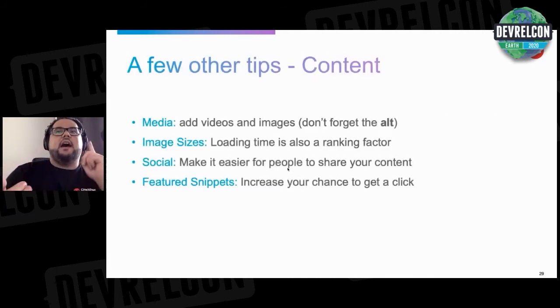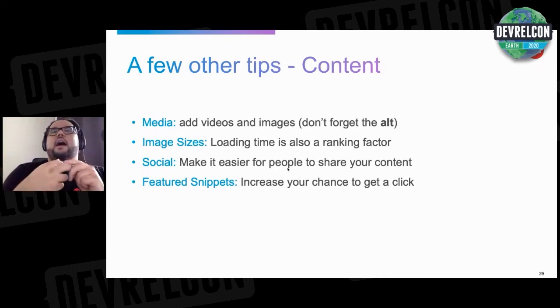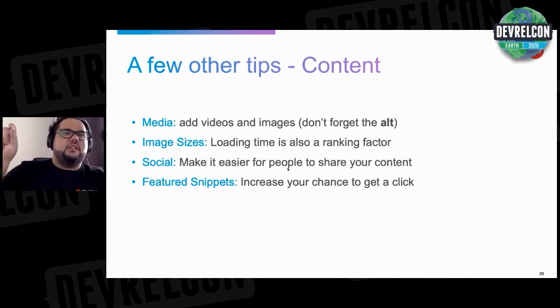In the content, make sure to add videos inside your content, and fill the alt attribute in images, because it might help you to rank in Google Images as well, and people might look for images and land in your blog. Image sizes matter, usually page speed is a ranking factor as well. Make sure that your articles are easy to share. So add the social share buttons, and of course